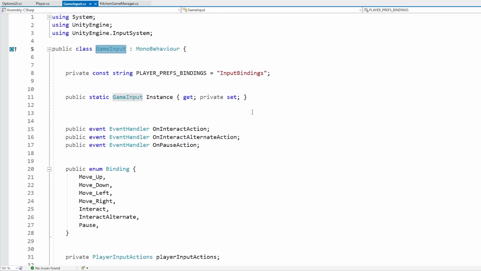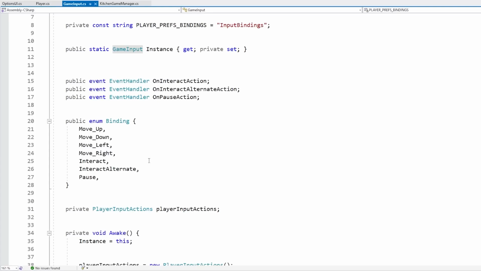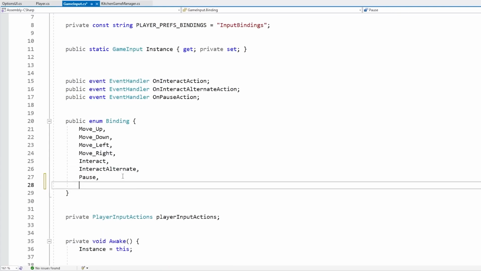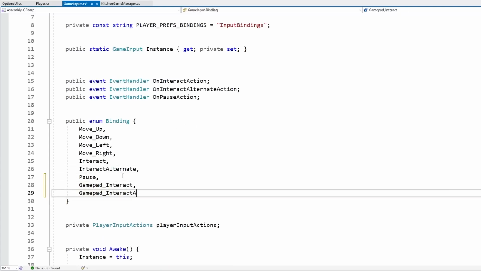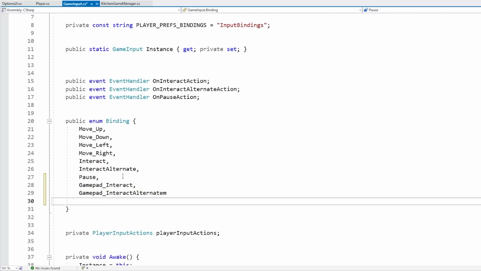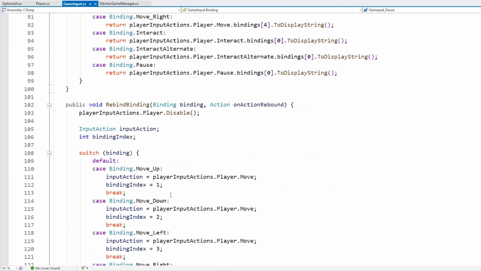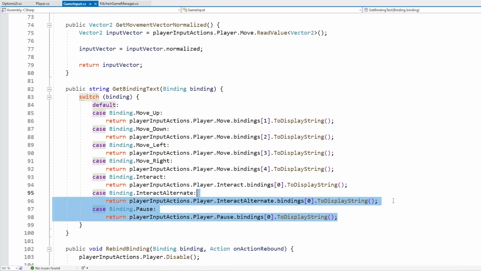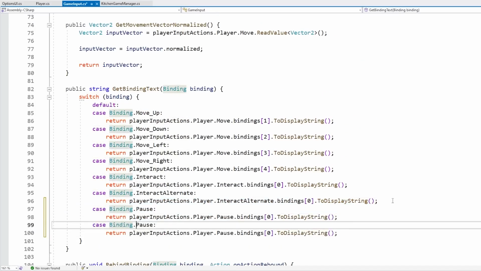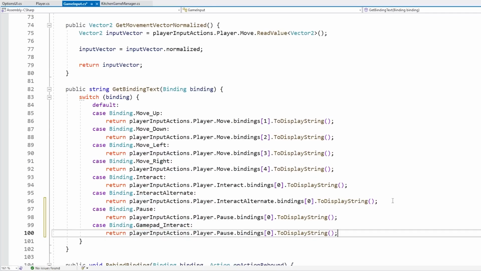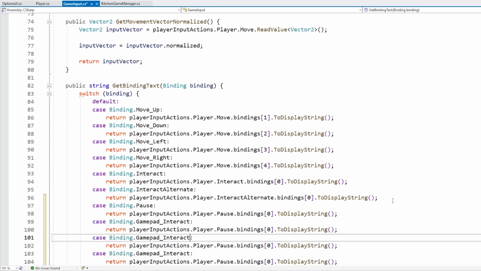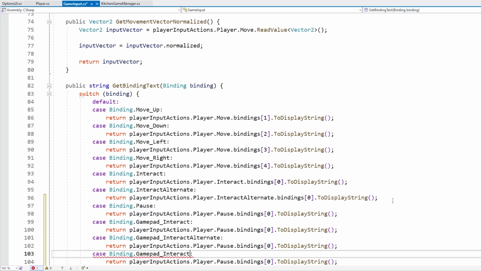So over here on the game input, let's do it just like we did for the keyboard. So let's add a bunch more bindings over here on the enum. Let's add the gamepad interact, then the gamepad interact alternate, and then the gamepad pause. Okay, so we have our bindings. Then let's go down and add them to both our functions. So first the text and then the bindings. So over here on the text, let's copy pretty much this. We're going to have the gamepad interact, then we're going to have the other two, so the gamepad interact alternate and the gamepad pause. Okay, now for